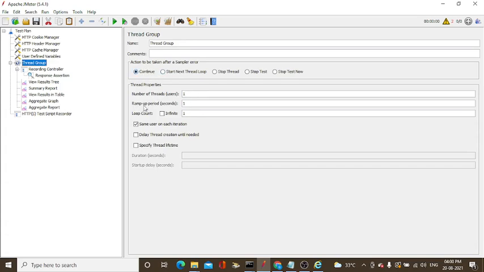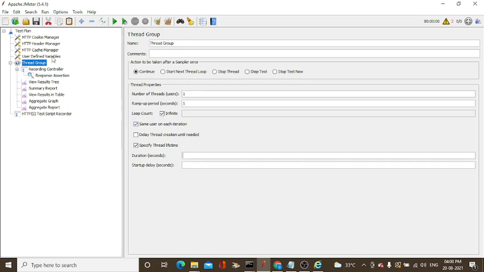The virtual users you can use with the continue method only. Number of users, how much time, how many seconds you need to ramp up for every user intervention, and loop count. How many loops? Otherwise you need to select infinity. For continuous running, you need to specify the thread time. For example, I need to run 1 hour: 3600 seconds into 1 round, so 1 hour will be executed. Most of the methods will be using this way.